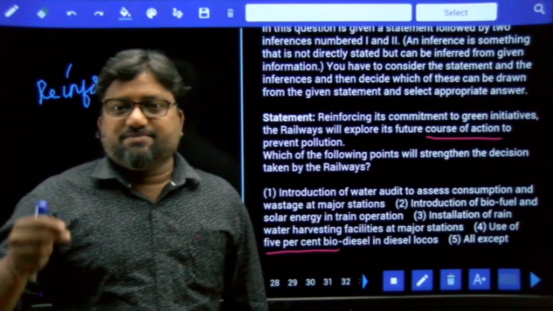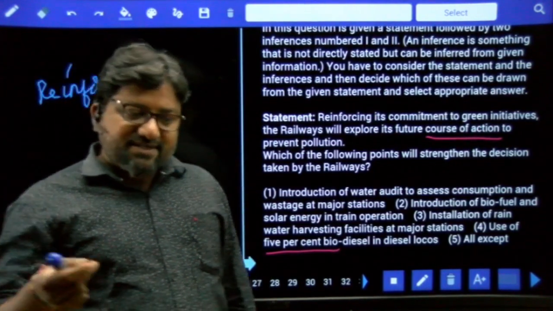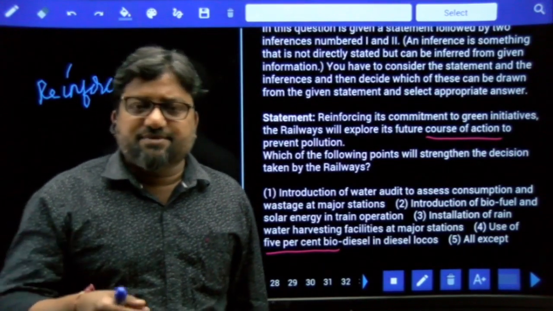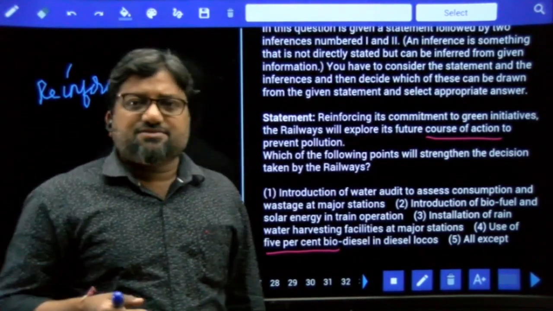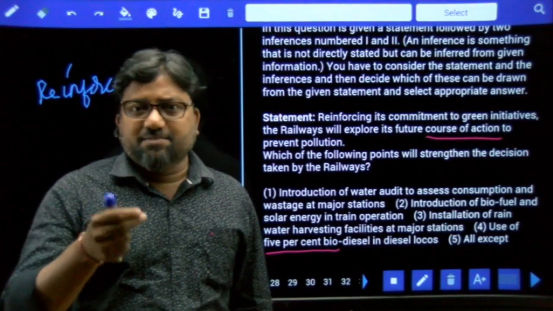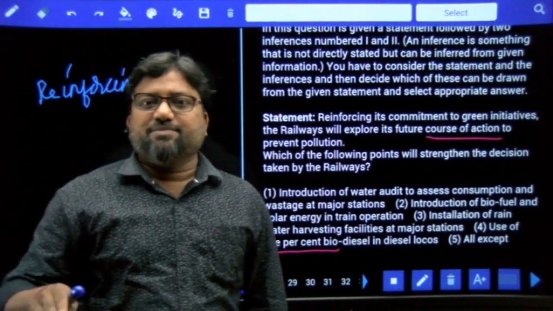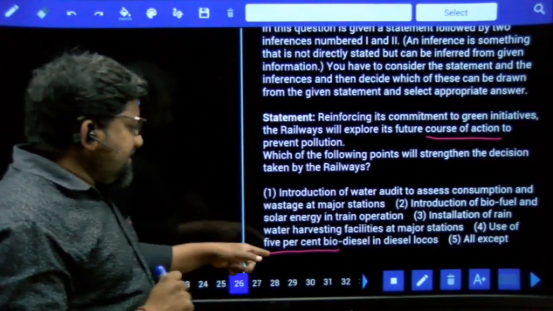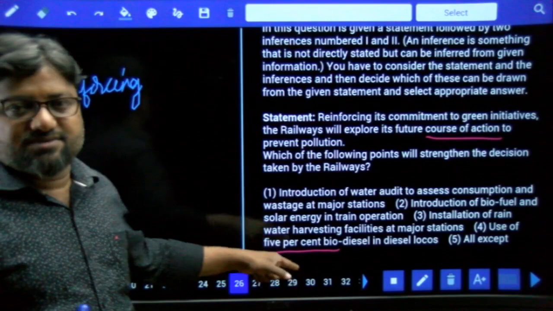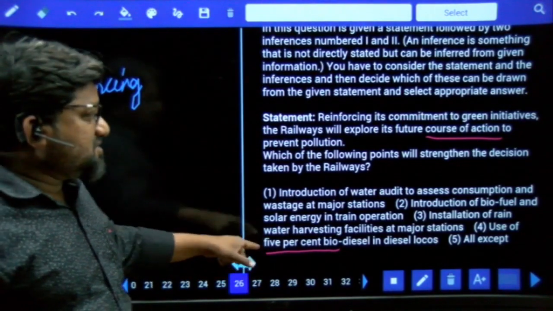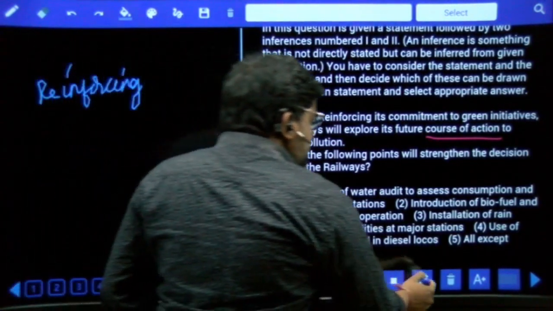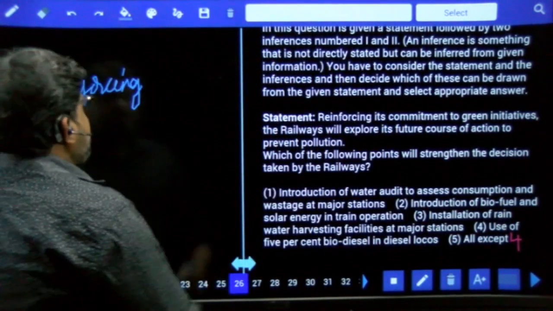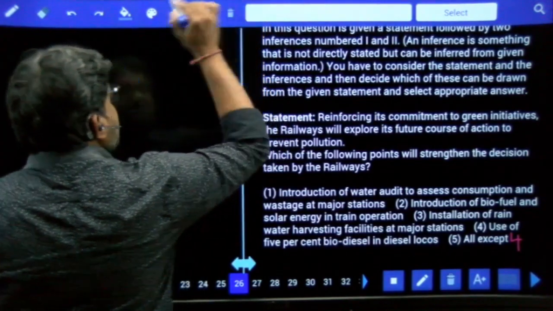But if I take the tablet suggested by the physician and my problem is solved only by 10% or 5%, only 5% of my headache is decreased, is it helping the cause? No, this is not at all helping. It is neither solving the problem nor lessening the severity. So only 5%. No, no, no. This is not acceptable. So this does not strengthen. So all except 4. Please add 4 over there. All except 4. So yes, this is the answer for this question.